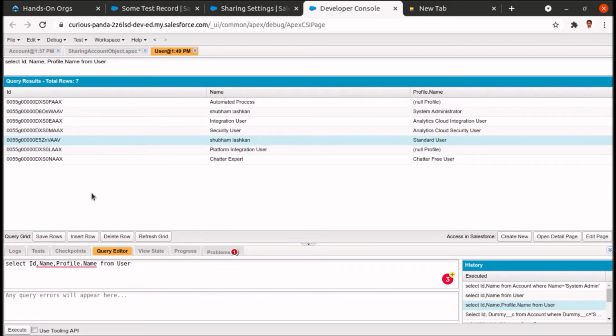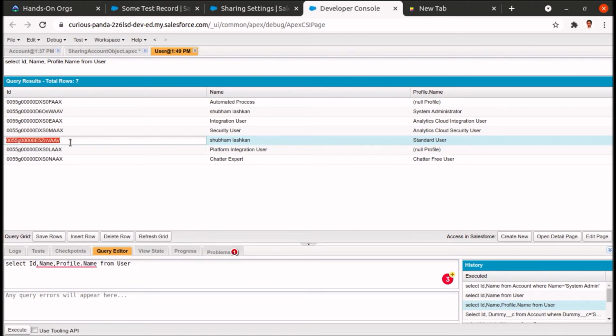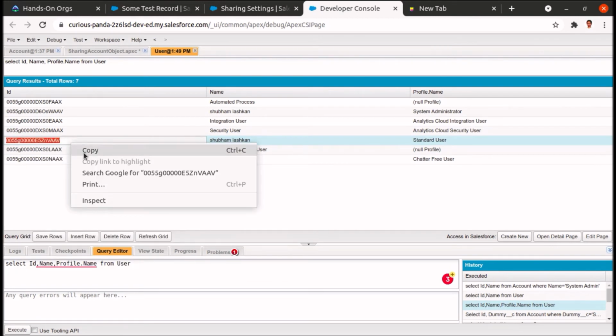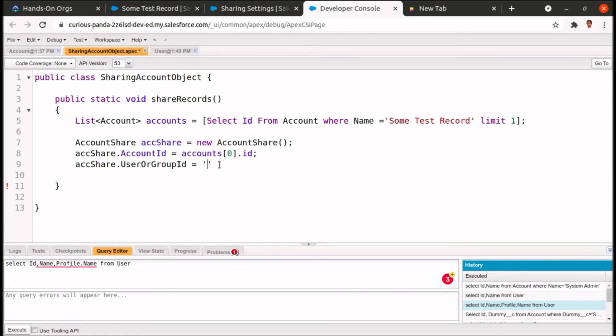Why am I not able to copy the id? I can also, from where I can copy this id, yeah, it's available to copy. So you have to double click here, then you will be able to copy it.